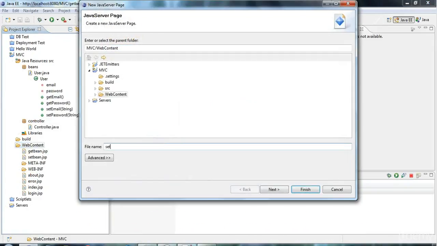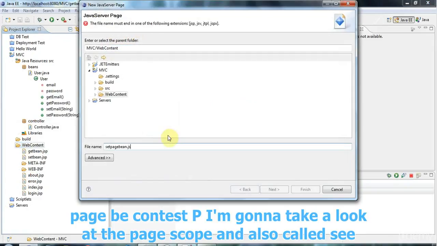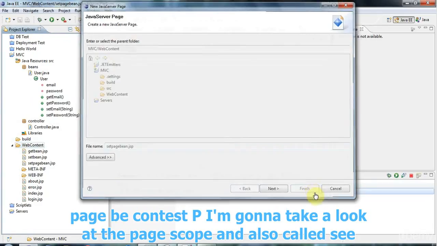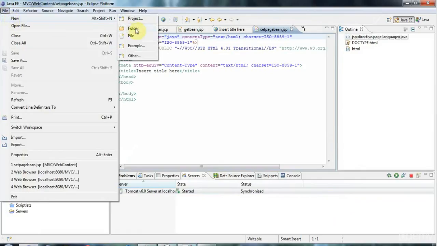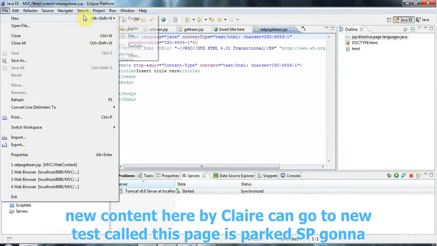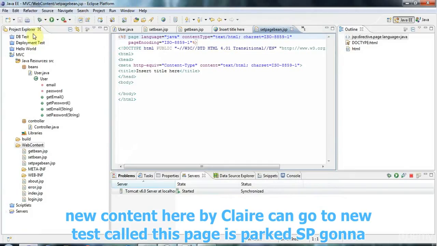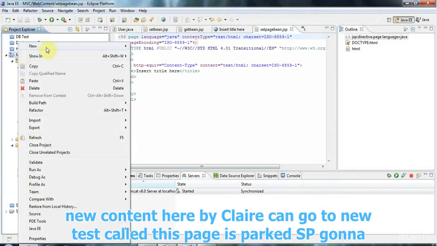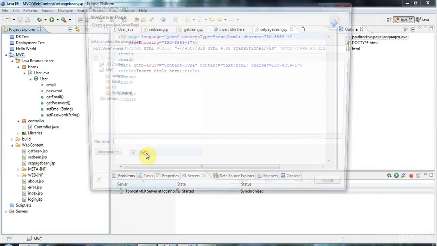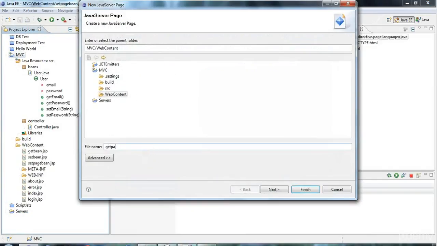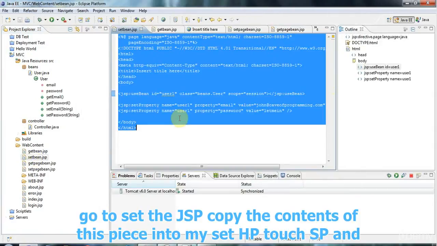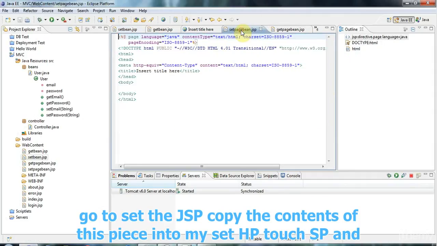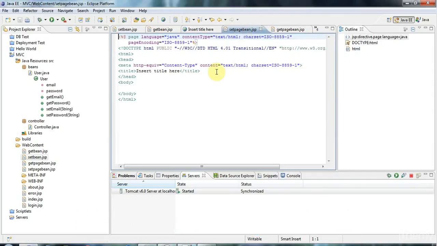Let's create one called setPageBean.jsp, and we're going to take a look at the page scope, and I'll also create one called, let's see, new. Actually, I'll right click the project here, right click and go to new JSP, and I'll call this getPageBean.jsp. Hit finish, and I'm going to go to setBean.jsp, copy the contents of this and paste them into my